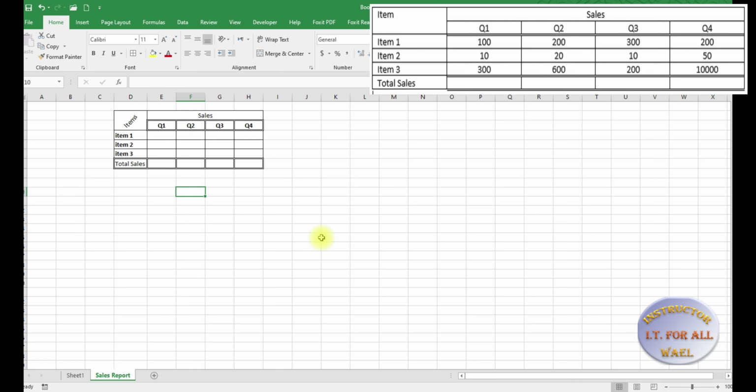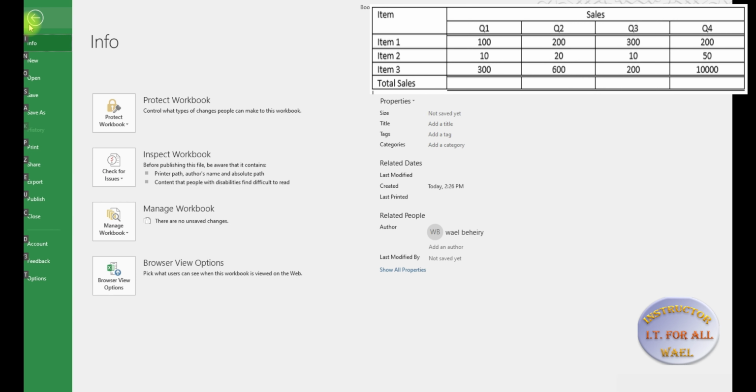But if you press on the keyboard the Alt key, look what happens. It gave you letters here, as you can see, F, H, N, P, M, whatever. These are shortcuts. So if I press Alt and F, which is the first one here, the file, what happened? It opened the file for me. The file tab is open for me. Now I'm going to save. As you can see, save is S. So Alt S,